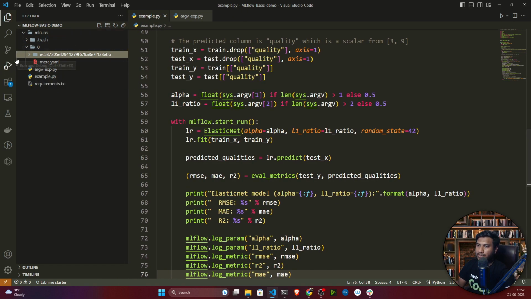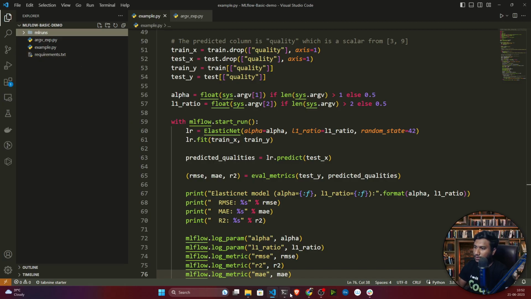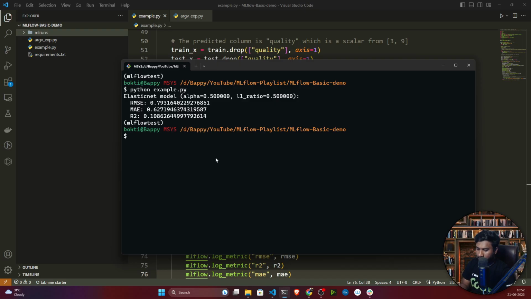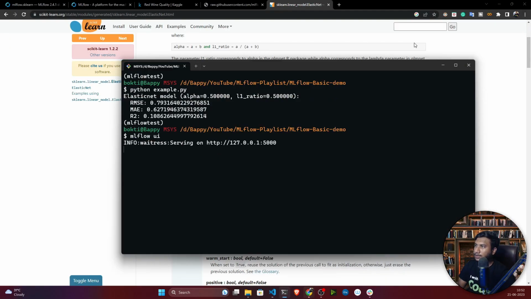Okay, now to see this in a UI, a beautiful UI, what you can do is open up your terminal again and just write mlflow ui. If you just write mlflow ui, it will launch one local server, and it will show you all the results there. So see, this is running here. Now let me open it up. I'll press Ctrl and right click on it. Now if I open it,